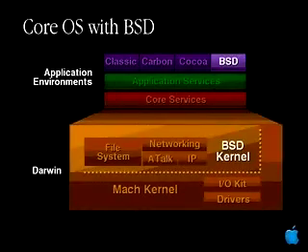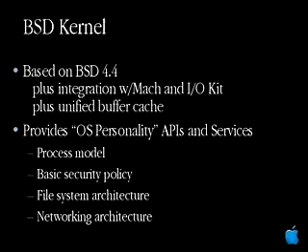BSD. The BSD kernel plays a very, very important role within Darwin. As I mentioned, Mach has no policy whatsoever, and it's really just responsible for processor management and memory management. BSD plays the role of really being able to provide a lot of those services. This technology is based on BSD 4.4, and then we've taken that technology base and done an enormous amount of work integrating it with Mach and with IOKit in particular, and of course the rest of the system.